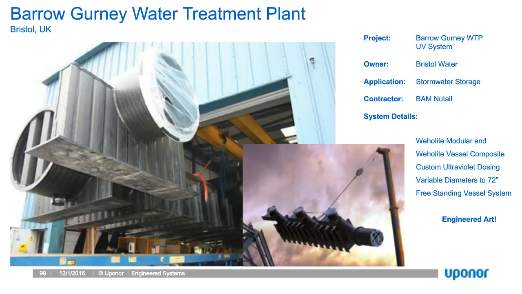We talked a little bit about this earlier. This is a UV potable water UV contact system. It's an above-ground structure. Horizontal pipes need to have haunch support when they're full of water, so we combine the wheelite panel and wheelite vessel to create an above-ground system to accommodate UV contact in a potable water facility. So it's just an example of the versatility of the material and our ability to provide a solution for any